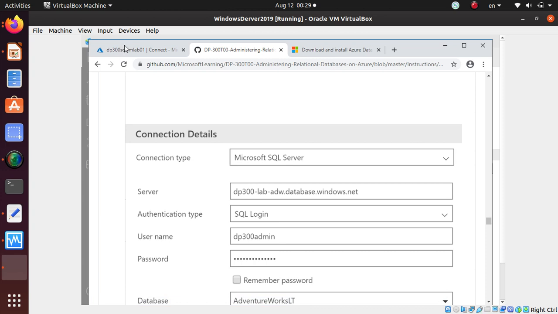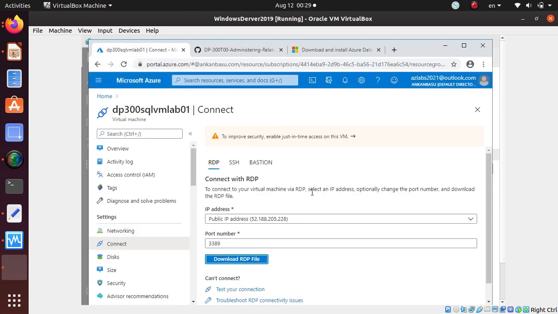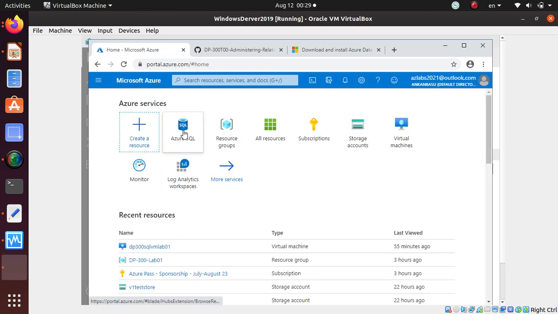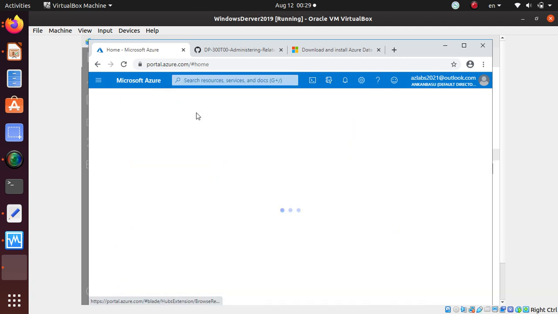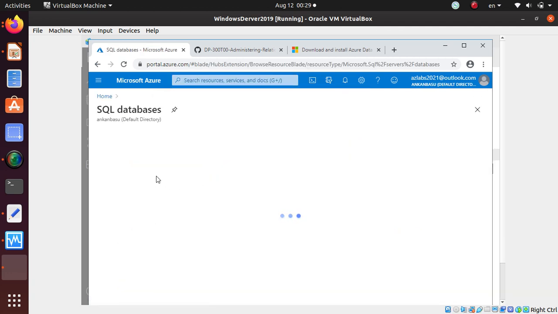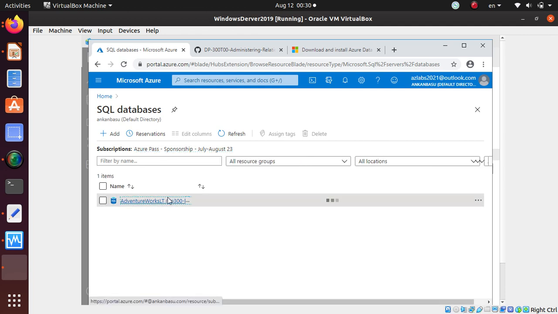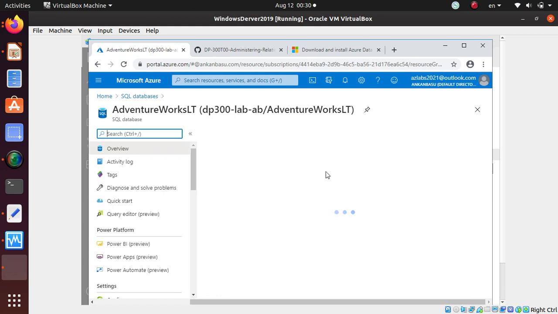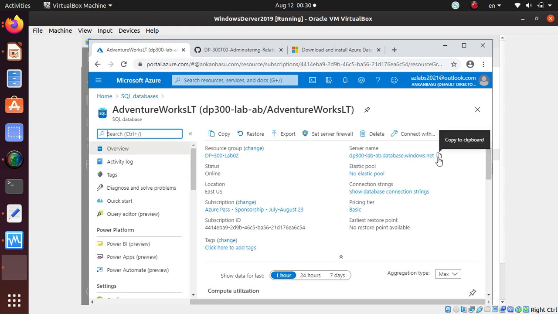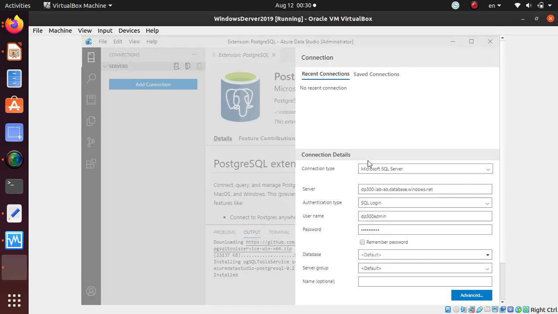Okay, so one other thing I want to verify quickly is the name of my server. So let's go home, and it is the SQL database that we have just deployed. So SQL databases, I want to go and choose the SQL databases that we have deployed, and make sure the server name that I have is exactly correct. Okay, I'm actually going to copy this one and go over here, put it right there,